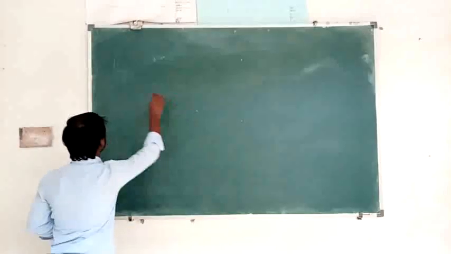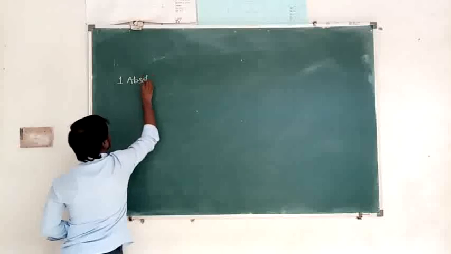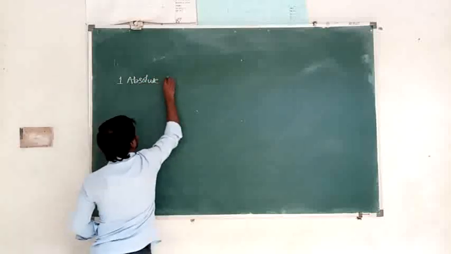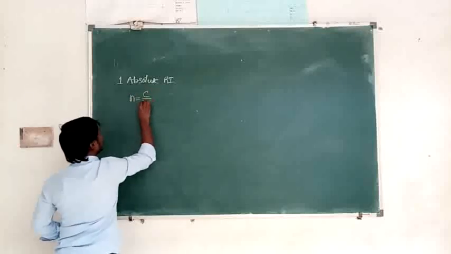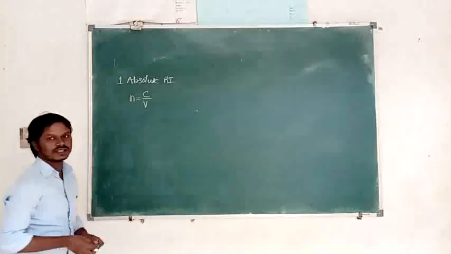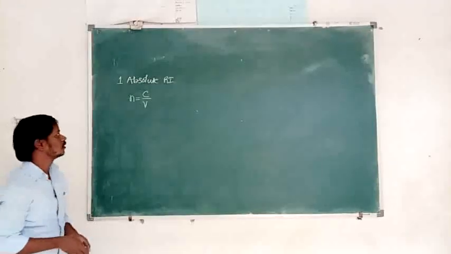So first formula, that is absolute refractive index. What is the formula for absolute refractive index? That is n equal to c by v. So c is speed of light in vacuum and v is speed of light in a given medium. And next,